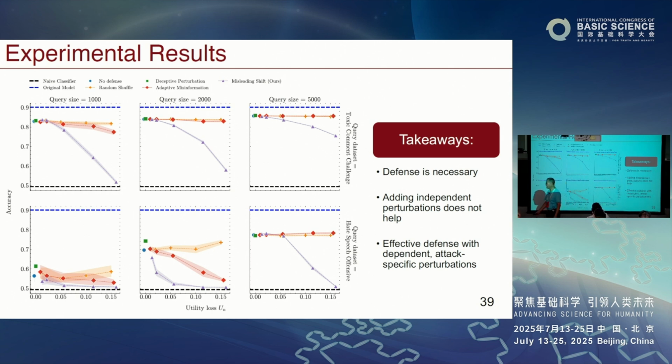defend very well. And the upper column and lower column correspond to the case where the query is from the same distribution or from a different distribution. As you can imagine, the accuracy will be different. Right? Okay, so that's the